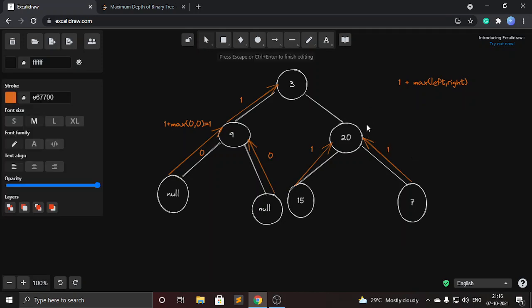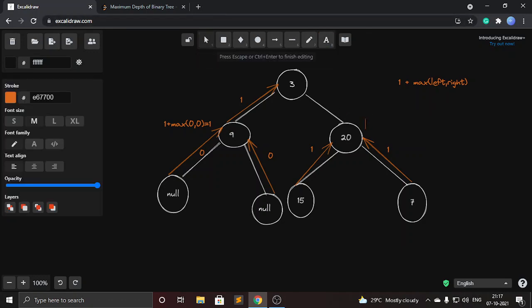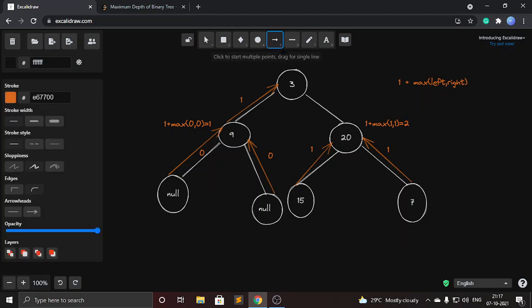Now 20 will return 1 plus maximum of its left call and right call. So maximum of 1 comma 1 is 1. So 20 will return 2 to 3. 3 is the root node of this tree.